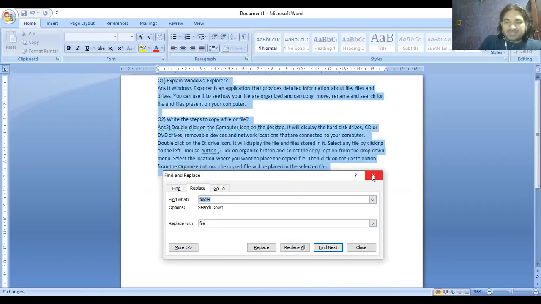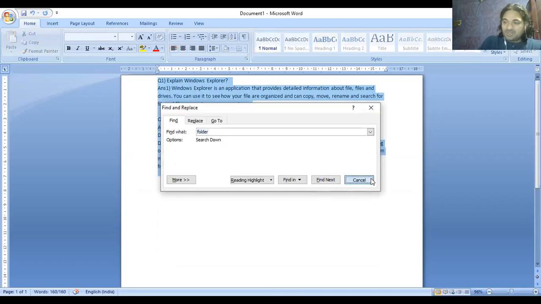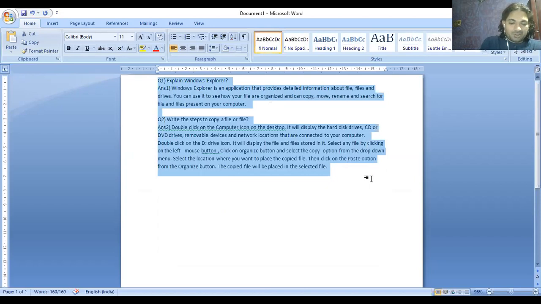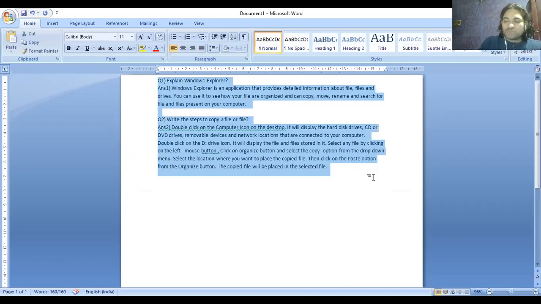I have made changes in some places, right? So this is called change and replace. The shortcut key I have told you is Control F. For replacing, it is Control H. You can see the word I have changed repeating there, right? So we have done two shortcut keys.